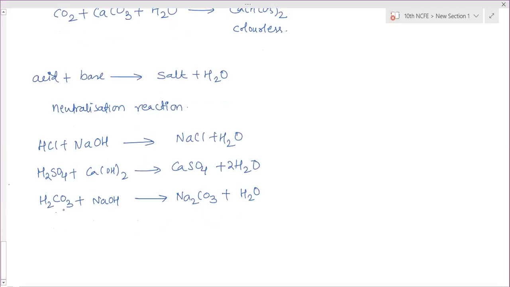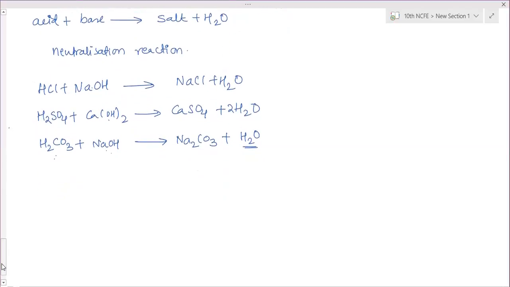So in all these, acid and base combine, H+ ions of the acid combine with OH- ions of the base, and the formation of neutral water is called a neutralization reaction. The salt produced will not always be neutral. It is either acidic, basic or neutral depending on the strength of the acid or base combined in the neutralization reaction. Okay.